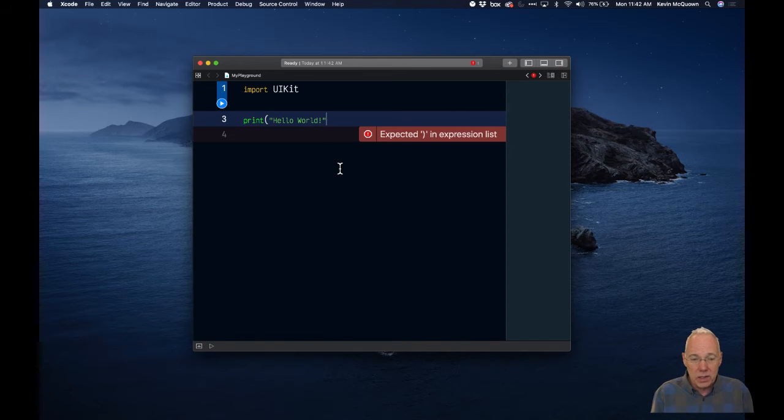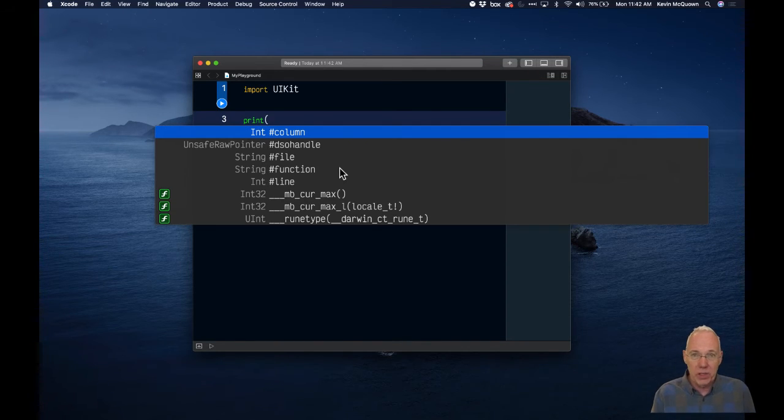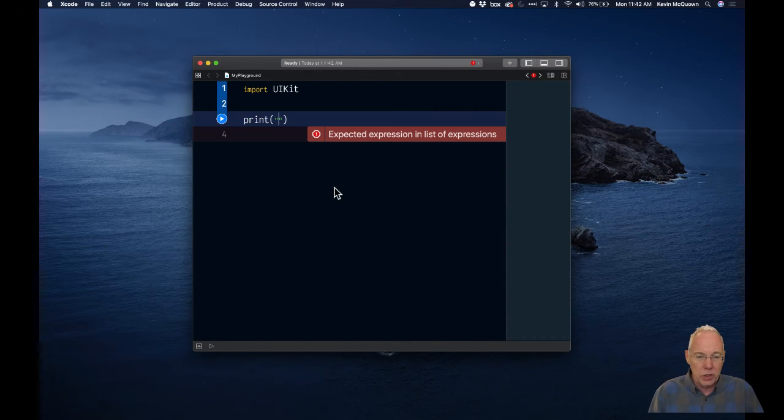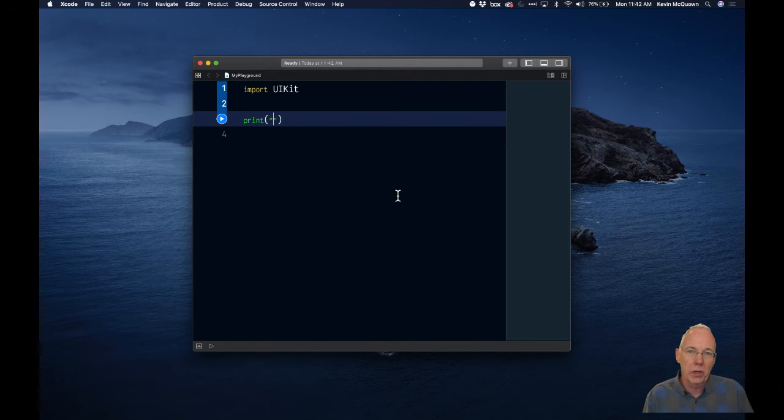So what I would suggest is, let's go back and do this again. I have print. As soon as I type open paren, even though I haven't finished typing yet, you'll notice it's giving me some completions of different things I can do here. Not a lot of these mean much, but as soon as I do this, you'll see it was saying there was some illegal thing going on, but then it took it away because it now put the balancing quotes and the balancing parentheses in for me. So again, I'm going to just type in hello world,